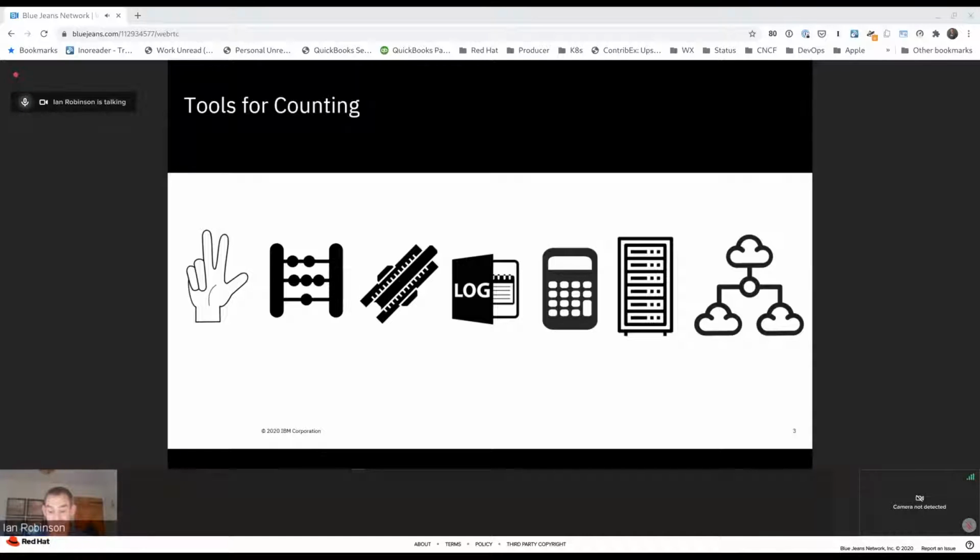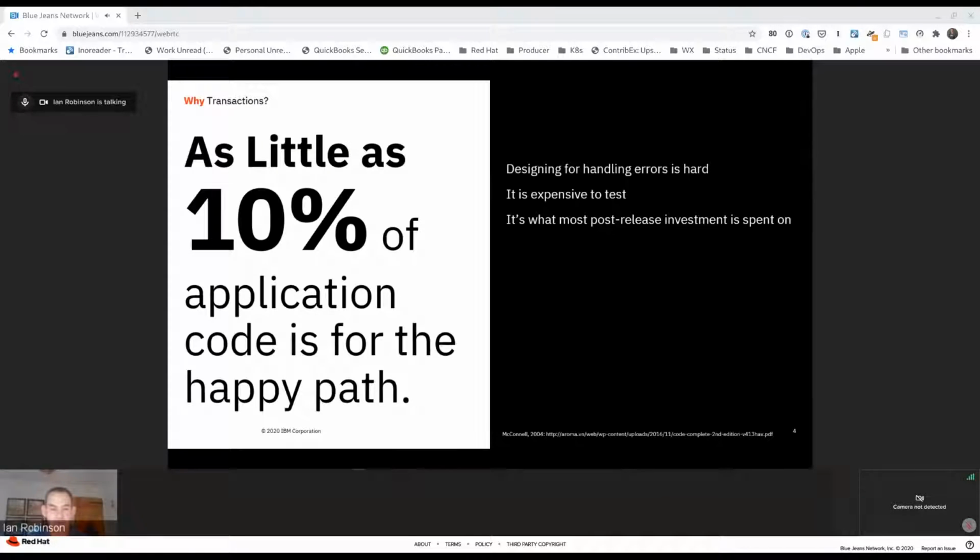But who cares? We'd all just rather use a calculator. And that's what people want from transactions. Most of the time, when people are using transactions, they don't even know they're using transactions. They just want their applications to work and to access data with integrity, with the minimum amount of fuss.